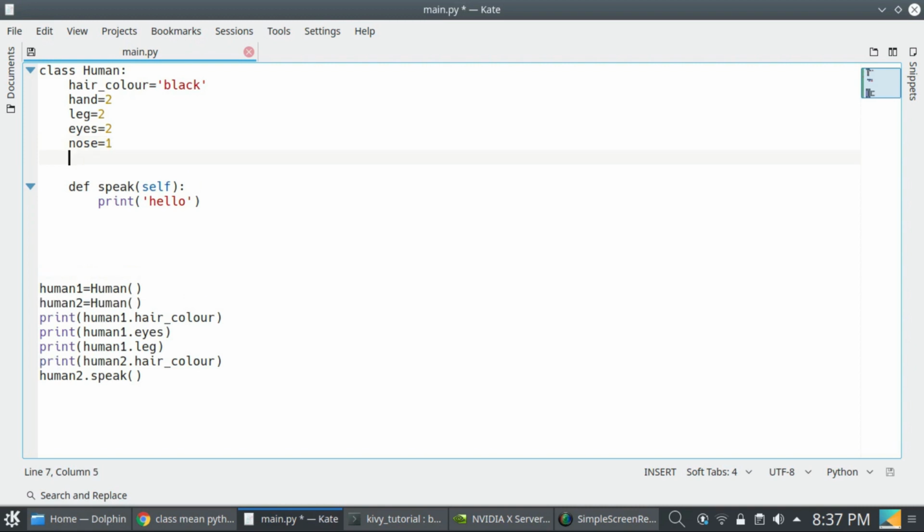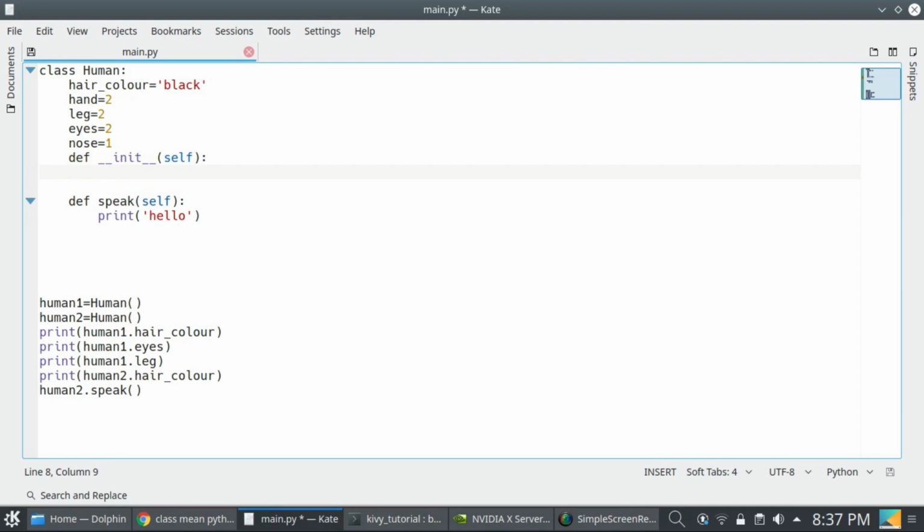To do this, you have to define the init method: def, double underscore init double underscore, and pass self. So when you create an object, this init method will automatically be called.